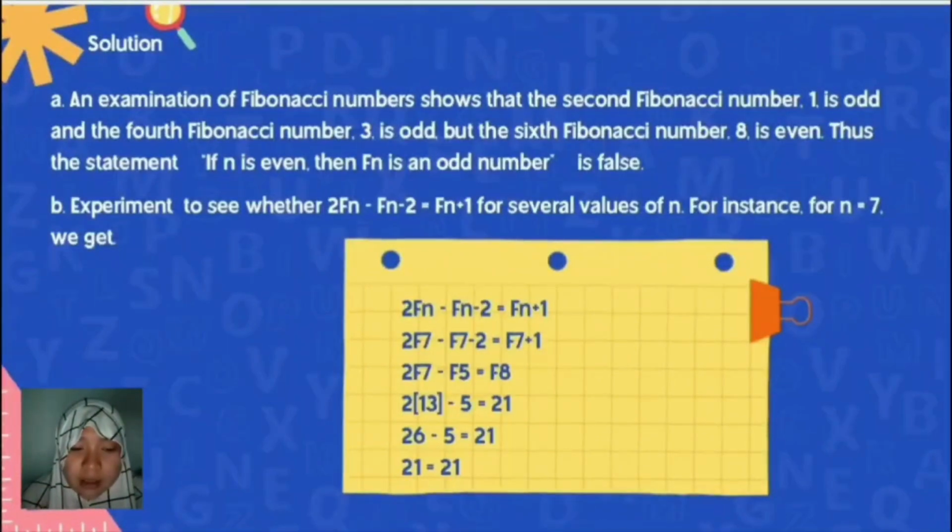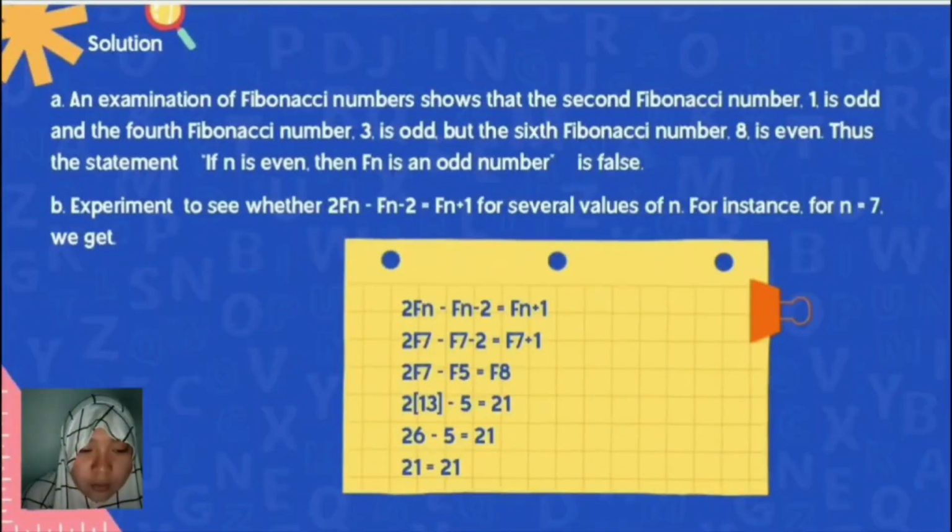Thus the statement, if n is even, then Fn is an odd number, is false. Nakadepende siya sa pag-a-adding. Kaya hindi siya even and odd, okay? It's false. So we have here sa B, experiment to see whether 2Fn minus Fn-2 equals Fn+1